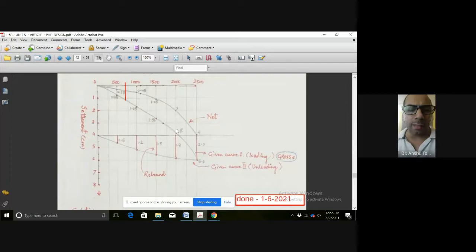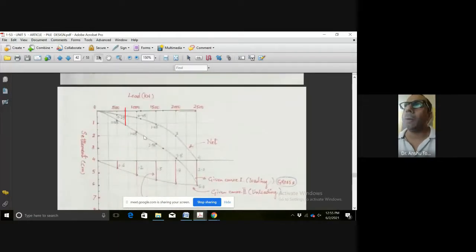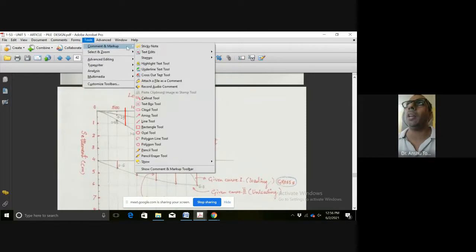तो जो हमारा नेट सेटलमेंट आएगा वो ग्रॉस सेटलमेंट माइनस द वैल्यू इनटू द रिबाउंड आफ्टर लोडिंग हैज बीन रिमूव्ड. सो अगर हम इस टोटल में से ग्रॉस सेटलमेंट में से रीबाउंड सेटलमेंट माइनस करते हैं तो हमें नेट सेटलमेंट मिलेगा. एंड द सेम थिंग इज बीइंग डन हियर. तो 0.85 माइनस 0.6 मीन्स हमारा जो ये 0.85 ग्रॉस सेटलमेंट आ रहा था इसमें से हमने ये रीबाउंड सेटलमेंट माइनस कर दिया.